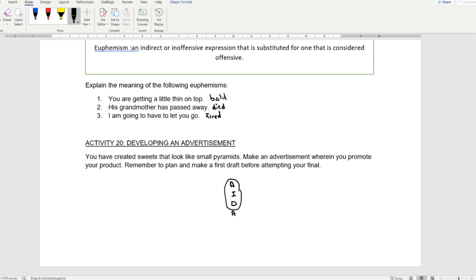First of all, you have to attract the attention of someone, so bright colors, for instance. Then interest, you have to make sure that the thing you are promoting is interesting. So in this case, it's a sweet that looks like a pyramid. Maybe you can use some idea linking it to Egypt, making it look, oh wow, very international almost. D for desire, you can say it's the sweetest thing you'll ever taste. You can talk about the taste there to make it desirable. And the last A, as you know, is just for action, so that people buy it in the end.